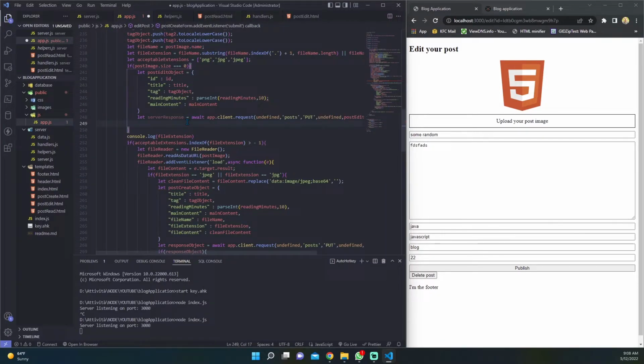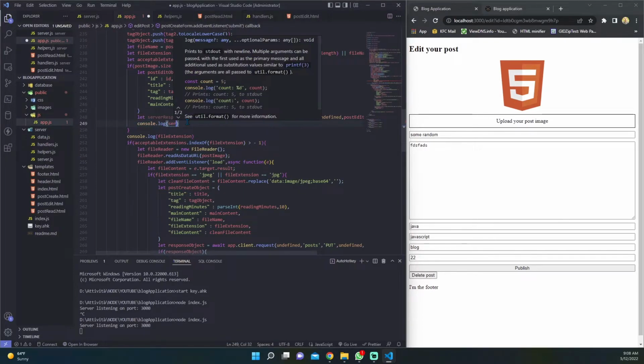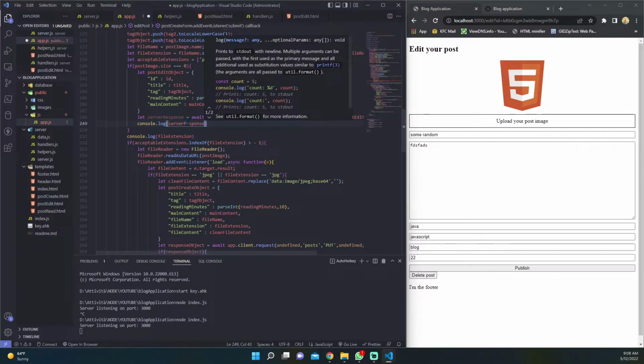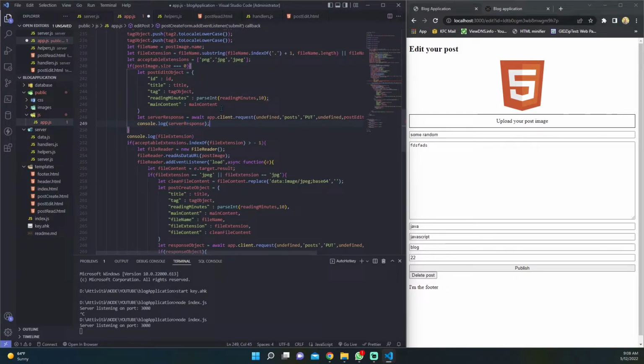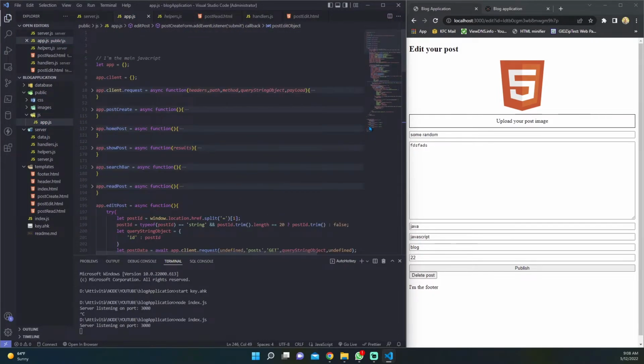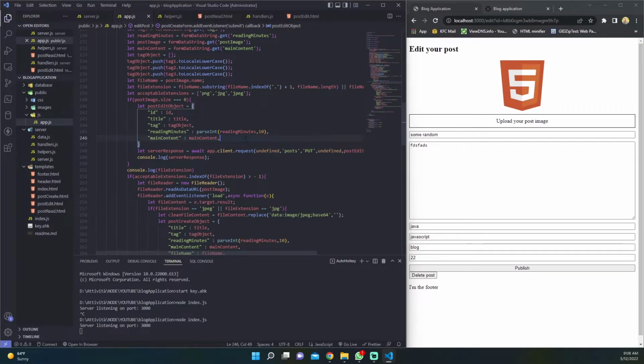Let's console log out our server response. Server response here. Let's correct this little typo. Let's save our app.js file. Okay, let's check if all is okay. Let's refresh our blog page, and if we try to update something